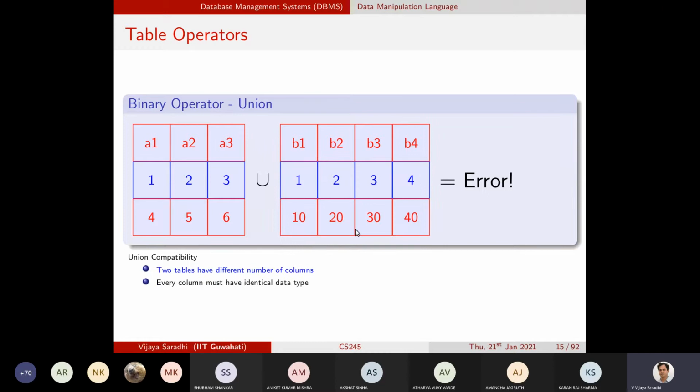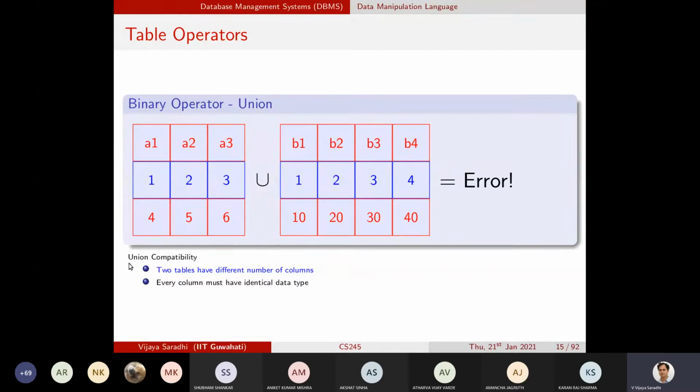On the other hand, if you wanted to union table A with table B, even though the first 3 columns are identical with identical data types, table B has additional columns. So SQL will result in an error saying that union compatibility is missing.